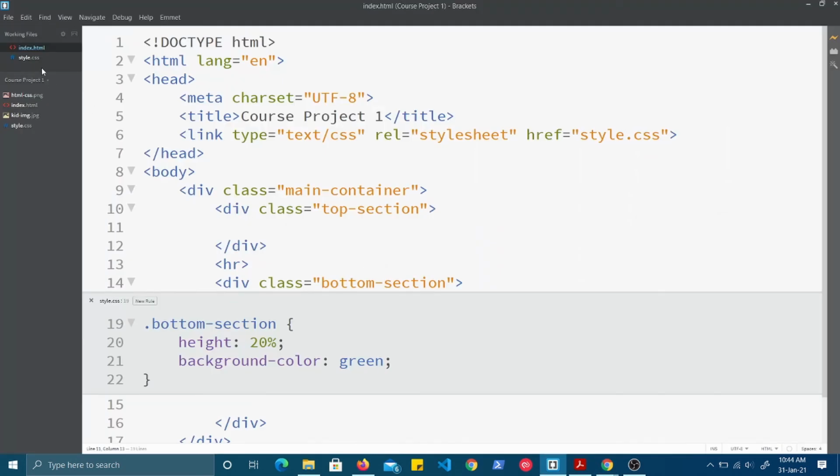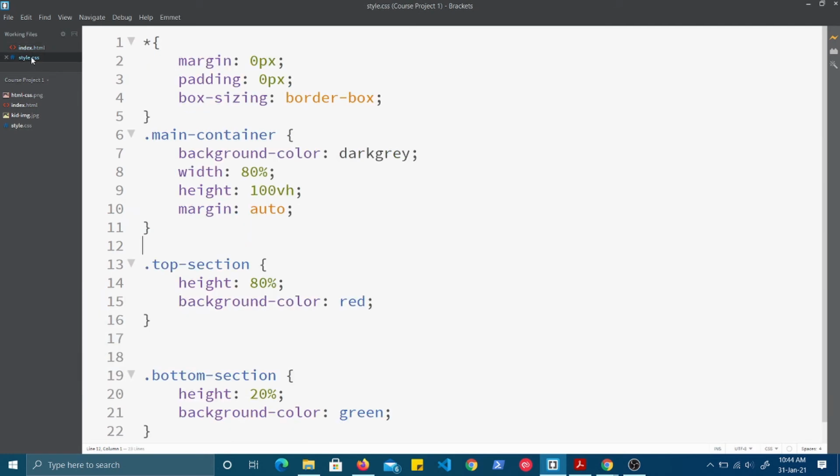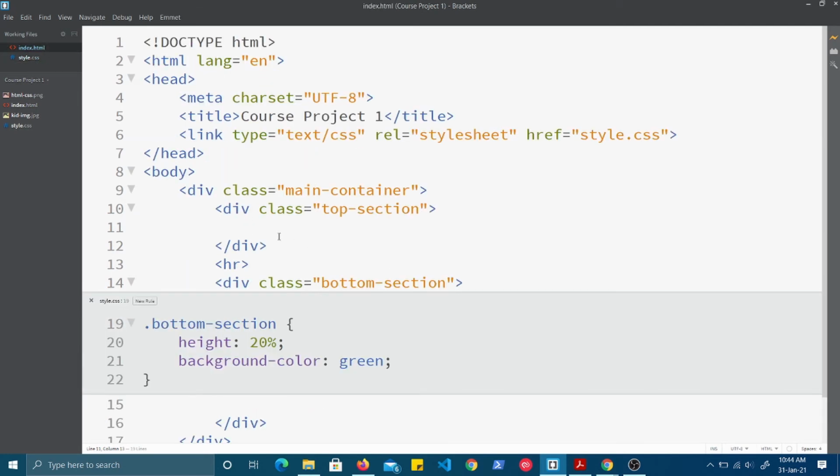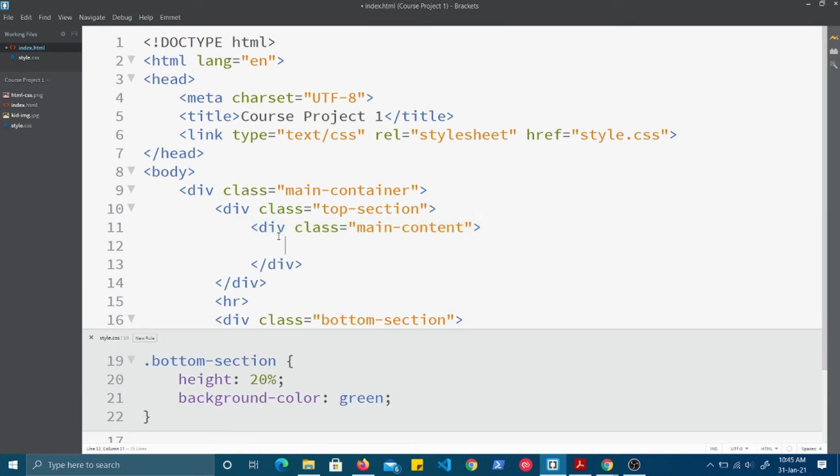So this is how you normally design the layout. You first design the layout and then you lay out the content. So this is what the div is used for. Here again we have the right, sorry, main content. So we will say it as main content. Now you should give a meaningful name, don't bother whether it is a big name or small name. As a programmer, your team should understand what you have done. So don't be confused about giving the name. Give a meaningful name, then only you will be able to use it or communicate it with your fellow programmers. Fine.